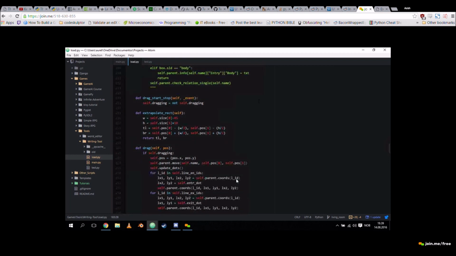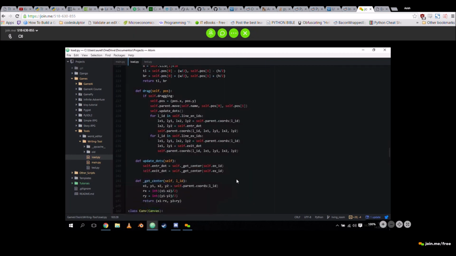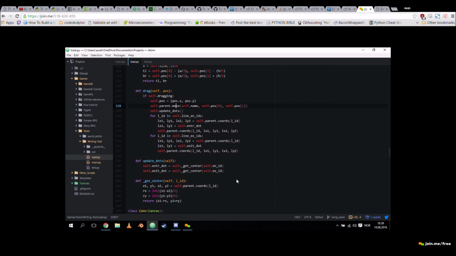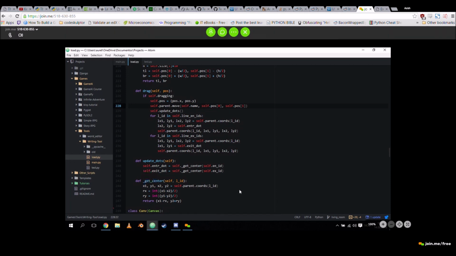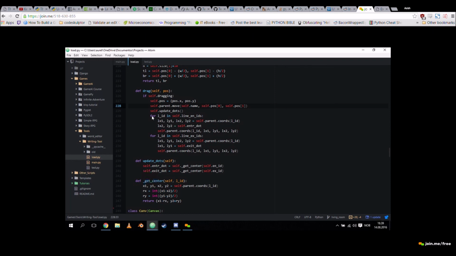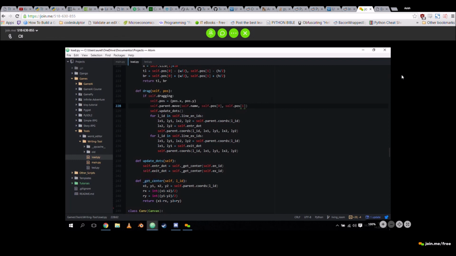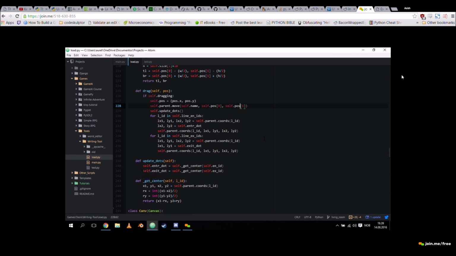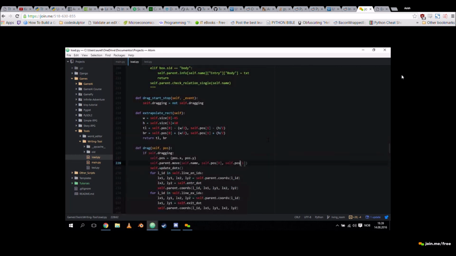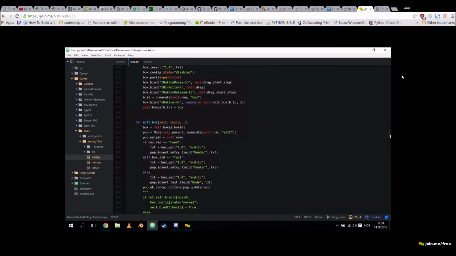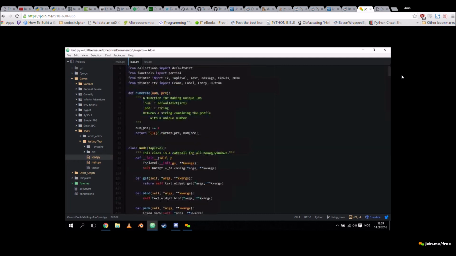And here as well, when I'm dragging, I need to move. So I move through the parent, and I move the self name. The canvas has a function that allows you to move by ID. So the name is the ID, and then it just takes 2 new positions, and you're moving that ID around that canvas for those positions. So once you get into it, it's very, very straightforward, very easy to get if you don't run into any pitfalls. And as we showed you earlier, we did run into a pitfall. We ended up with a problem that we couldn't correct. But there is a solution out there. I just can't quite remember what it is.